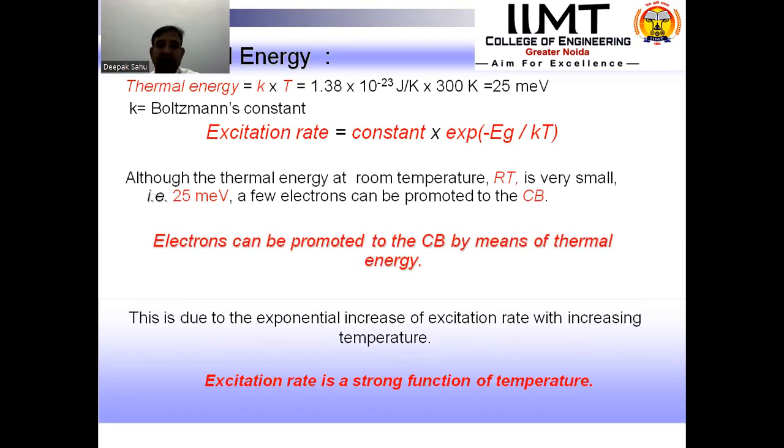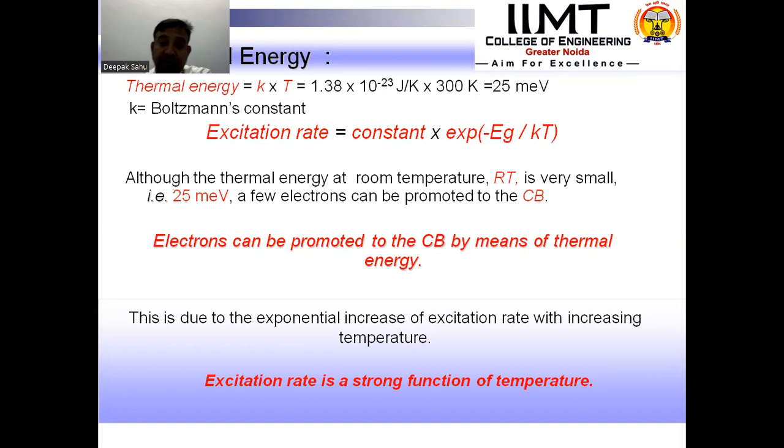So we can clearly show that in spite of being very low, 25 millielectron volts, it is a sufficient energy which can make an electron jump to the conduction band. But all listeners must note that the conduction band is not a permanent residing state for any electron. If an electron is free and jumps to the conduction band, it can reside only for a short time, depending upon the latency rate. Then it has to return back